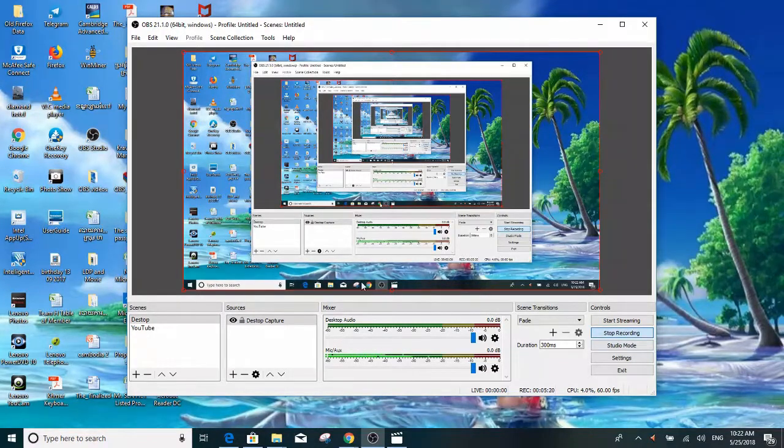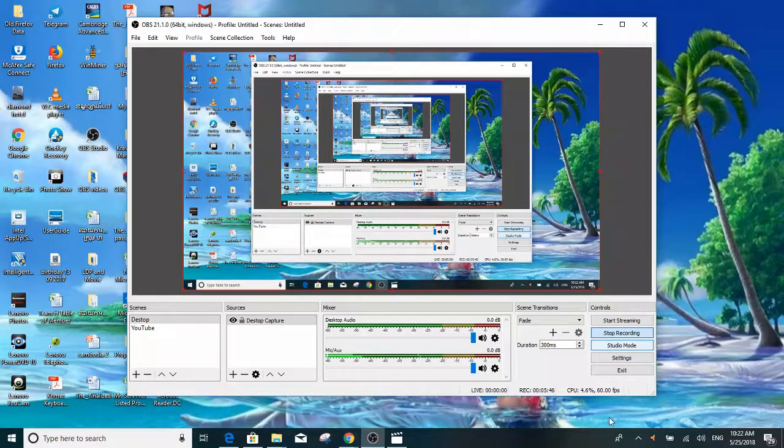That solution is to uninstall OBS from your laptop or your desktop. You should uninstall it, and then re-download it from the OBS website and reinstall it on your laptop. If the first solution is not working, the second solution is absolutely working.